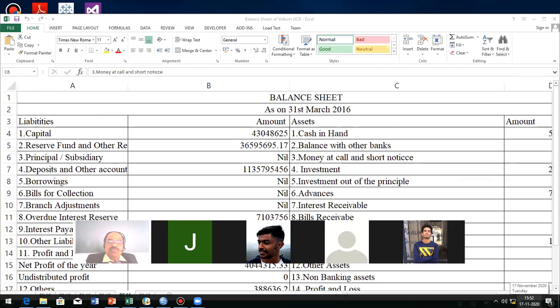If you want to do an analysis, you can compare the balance sheet of 2016 with the balance sheet of 2017. You have to bring in one criterion, then only are we able to compare. That is the problem regarding data analysis. You can do any type of research from this.